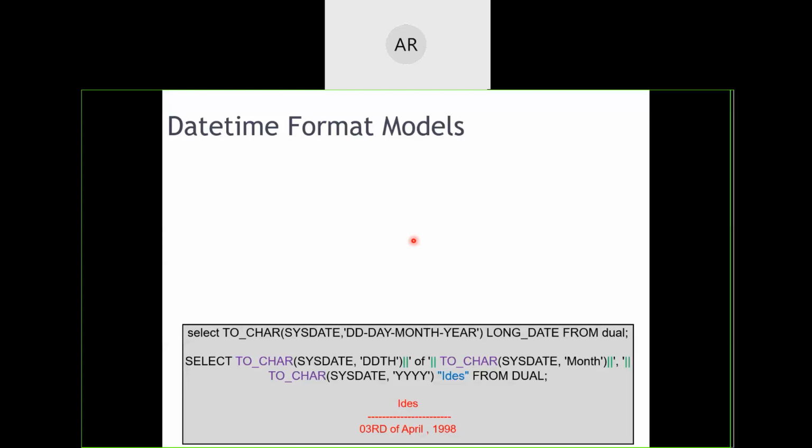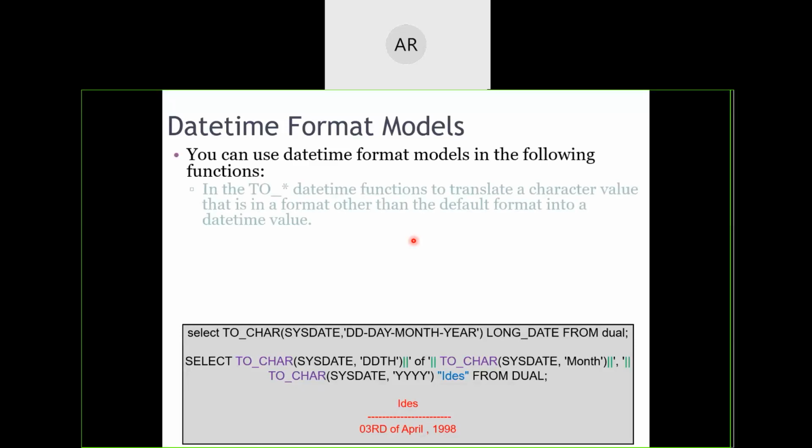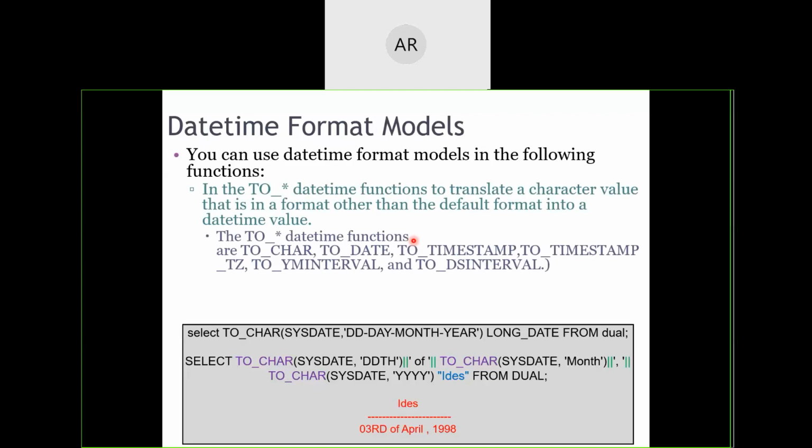Okay. Date format models: if you want to convert dates from one format into another, we can do it as we have seen in the previous example. Here I have kept one more example, where we take the system date and convert it into DDTH. This will contain the numeric DD, like 03, and TH will represent the third, fourth, sixth, that is TH or RD.